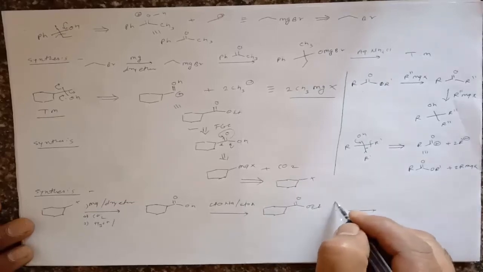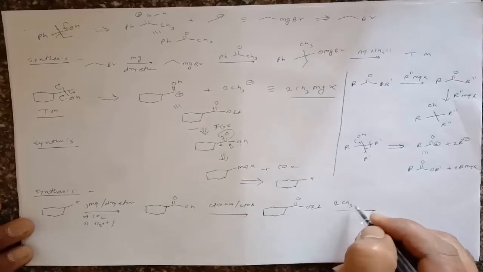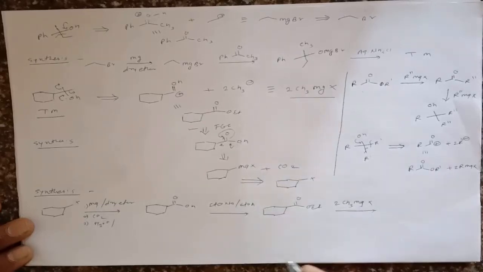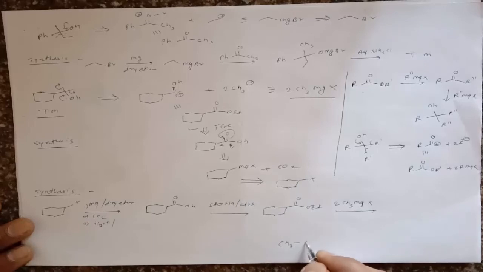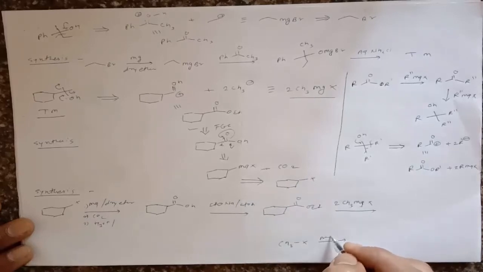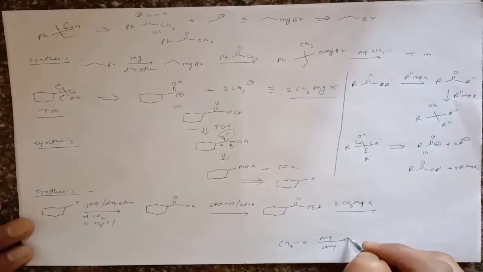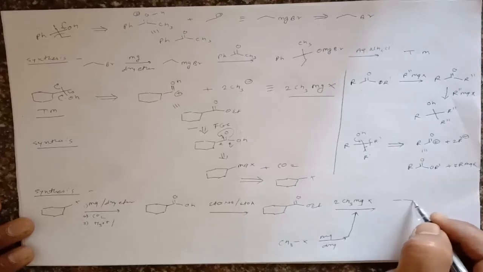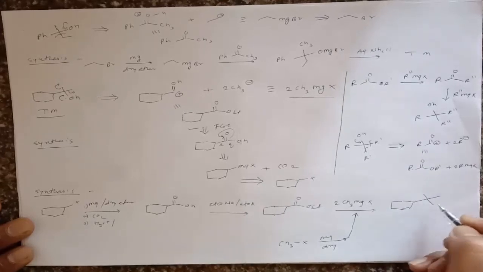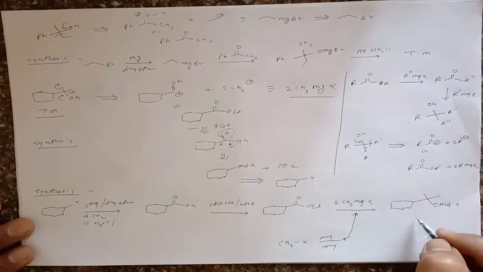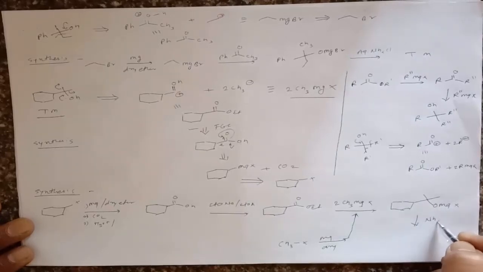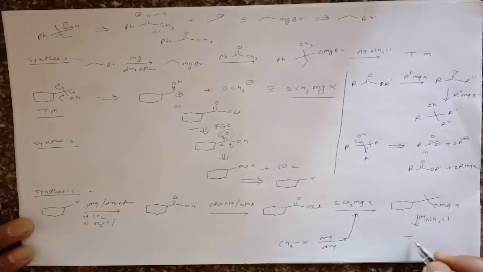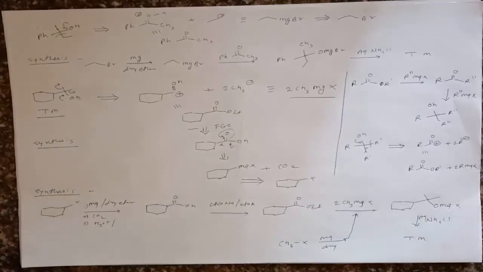And in that molecule, if we are adding two molecules of CH3MgX, how can we prepare this reagent? We take a methyl halide, and into that methyl halide we add magnesium in the presence of dry ether. It gives CH3MgX. So it gives a molecule like this, with two CH3 groups and OMgX, and into that if we add aqueous ammonium chloride or H3O plus, it gives the target molecule. So this is a very simple method to prepare such symmetrical alcohols.